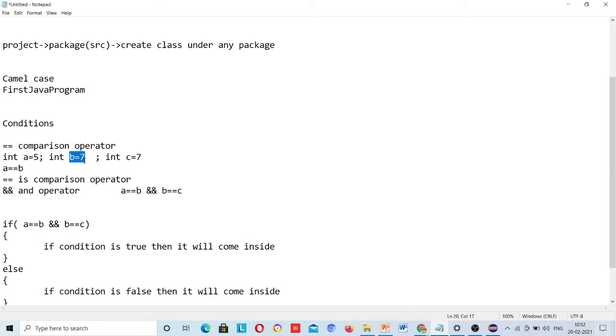What it means, that if a is equal to b, is a equal to b? No. Then it need not check that b is equal to c or not, because this AND operator says both conditions should be true. Condition a and condition b. And means both should be true, right? And if I write here another operator, OR operator, this is false, so this will not come inside, because this condition and this condition both should